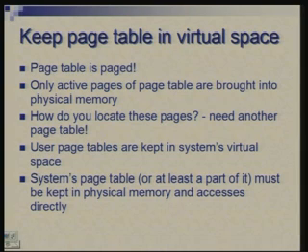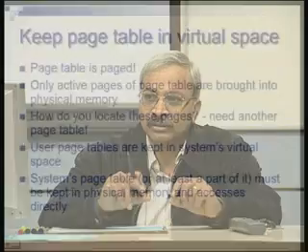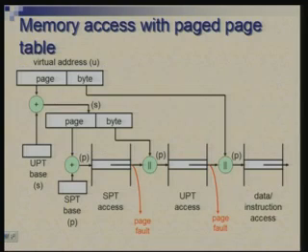So, effectively we are placing the page table in virtual space, and to avoid cyclic references, we said that this could be in the system virtual space, not in user virtual space. So, to access that we would need access to the system's page table. We made an assumption that either that table would be in the physical memory, or at least the relevant part of that table would be in the physical memory. So, we will start with that assumption and again look at this mechanism in a little more detail.